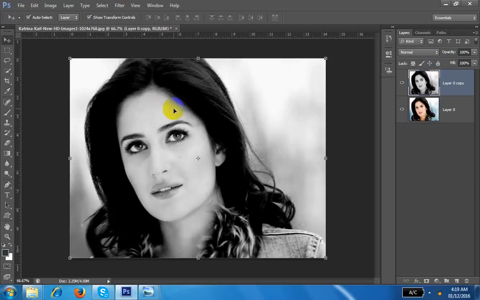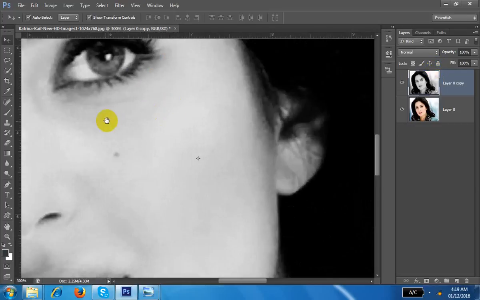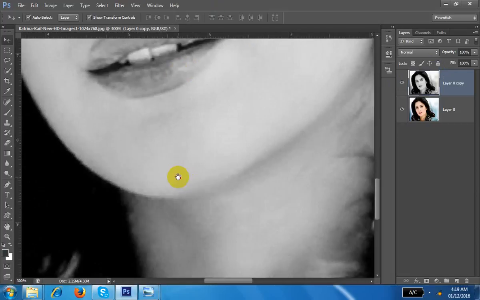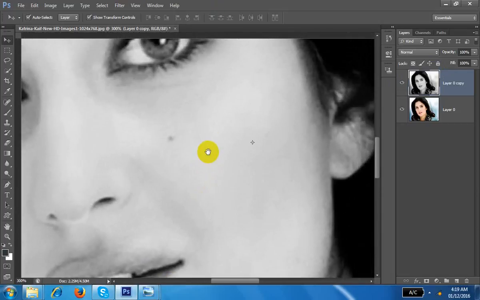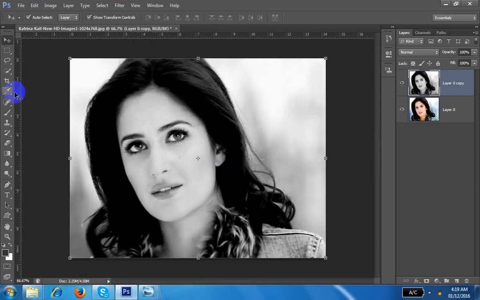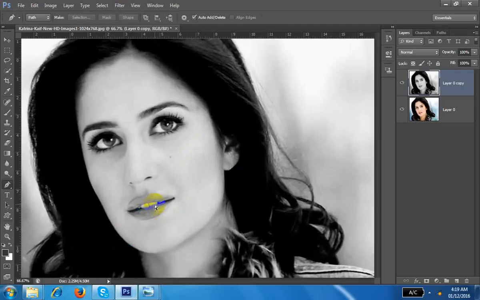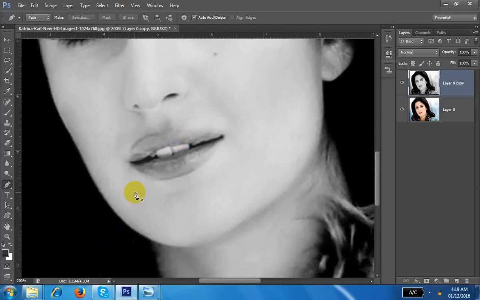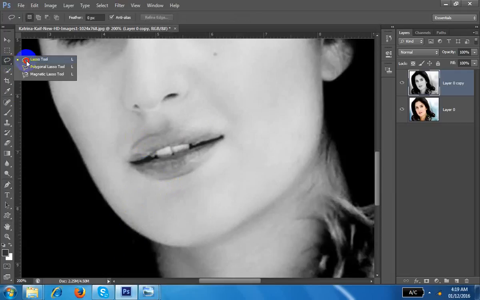First of all, from the pen tool you have to select the eyes and select the lips because we don't need color there. Select the face, everything, properly. I can do it very fast, but try to use the pen tool. If you learn the pen tool, you can finish 80% of graphic designing. I tell you a thousand times, the pen tool is good for selection. But because I am teaching right now, I can select with another tool so you can learn.